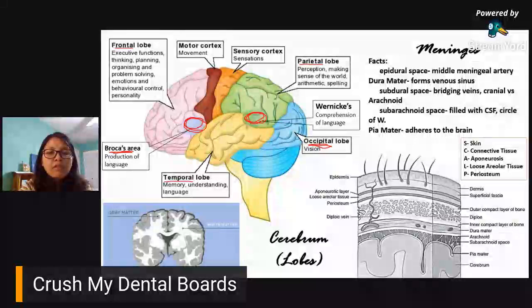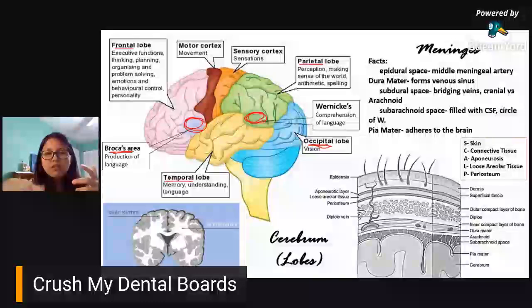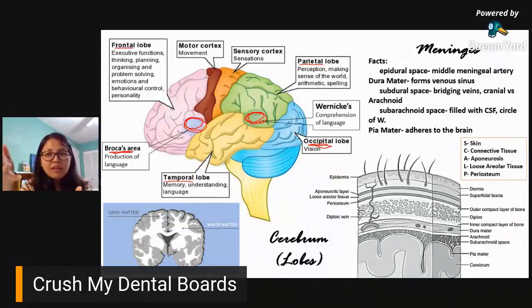And then if there's a lesion on the side of the brain where Wernicke's is affected, in Wernicke's, that person can produce the words, but they're babbling. So, what does that mean? They just keep saying word after word, but it doesn't make sense. It's like, what did he say? That's Wernicke's. The person keeps talking and talking and talking, but when you're the one listening, you don't get what he said.